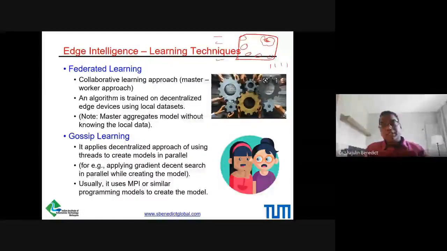When we are bringing the learning process to the edge, there are some ways we can do that. One is the federated learning approach. The second one is the gossip approach, which is like parallelizing the learning process, decentralizing the learning process, but